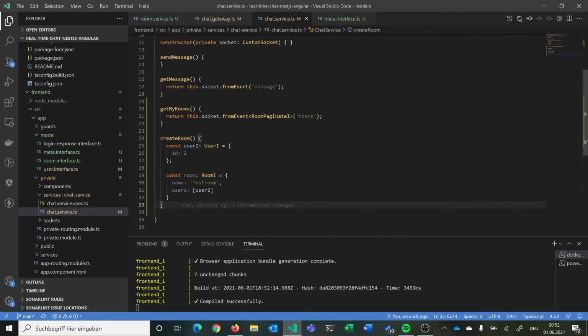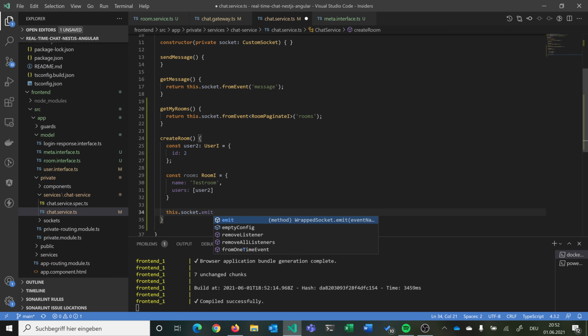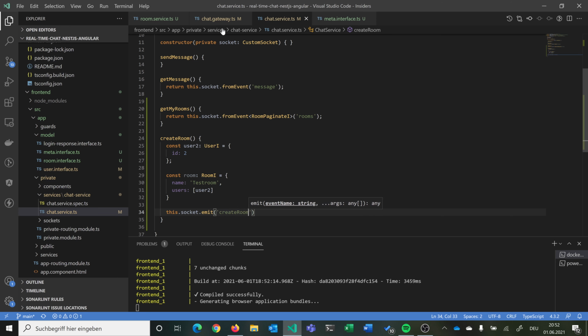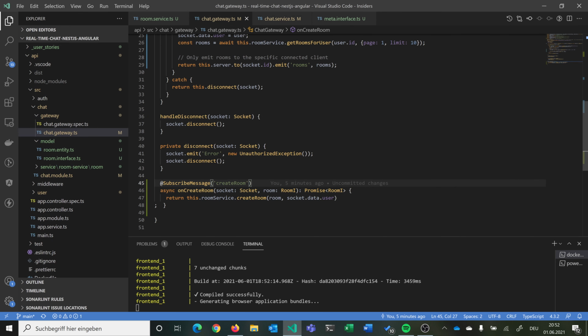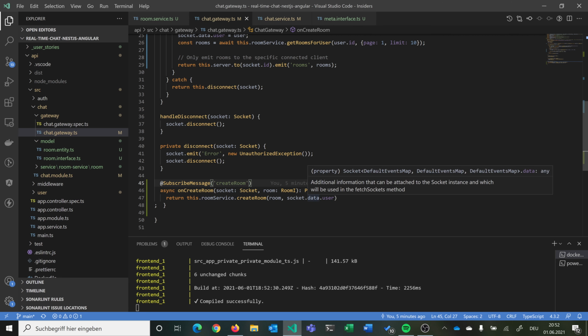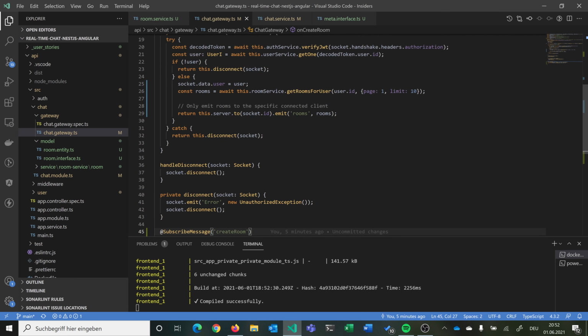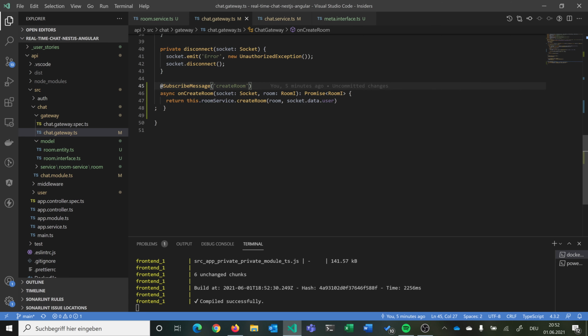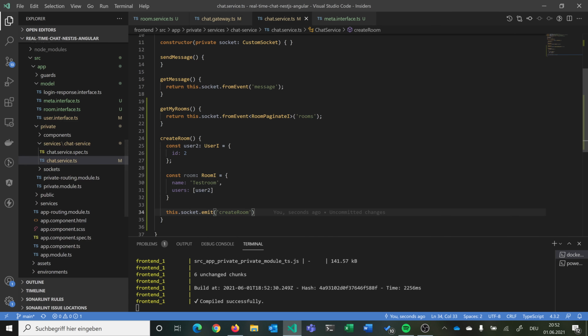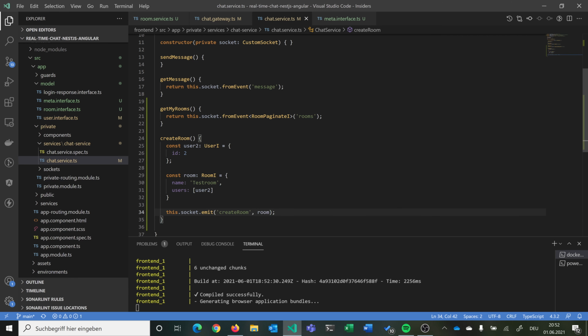So, and then when we have the room with the one user, and as you remember, then we just need to emit an event that, for example, is create room, how we named it in our chat gateway here. So create room, and we have our socket where we have from here added our user data from our JWT and so on that we get from the database, and we have the room that we want to create. So here then we simply say we want to call this with our room,